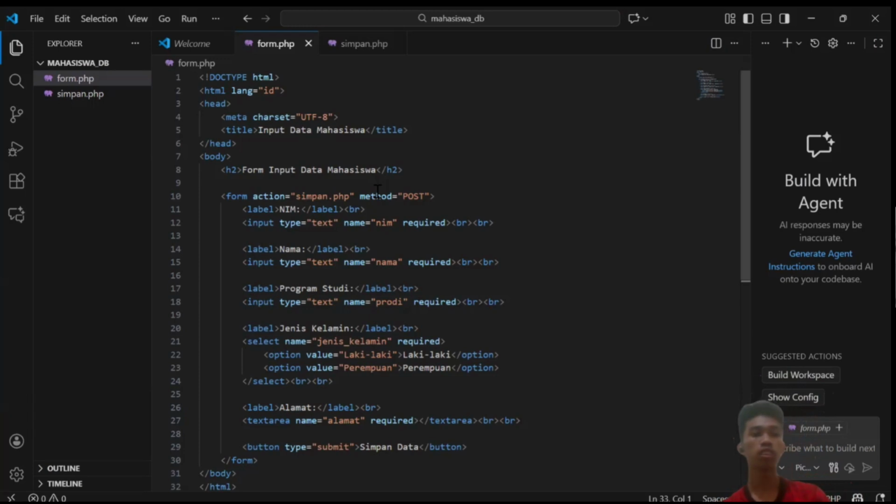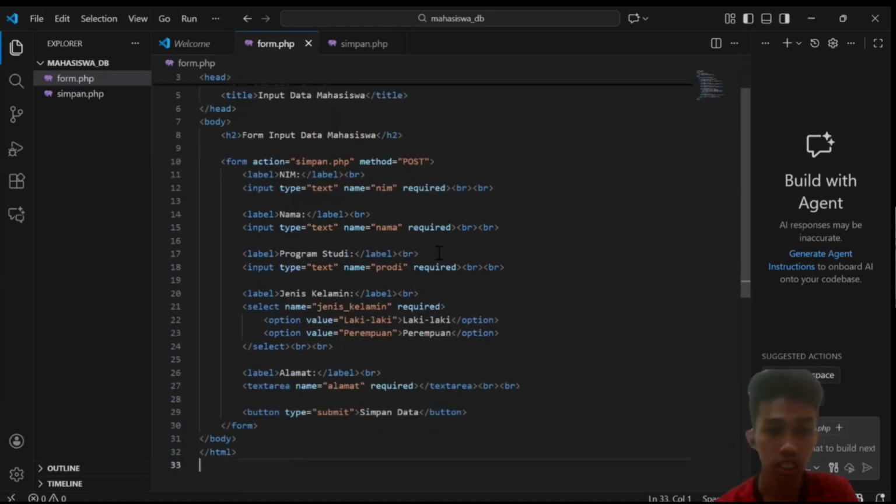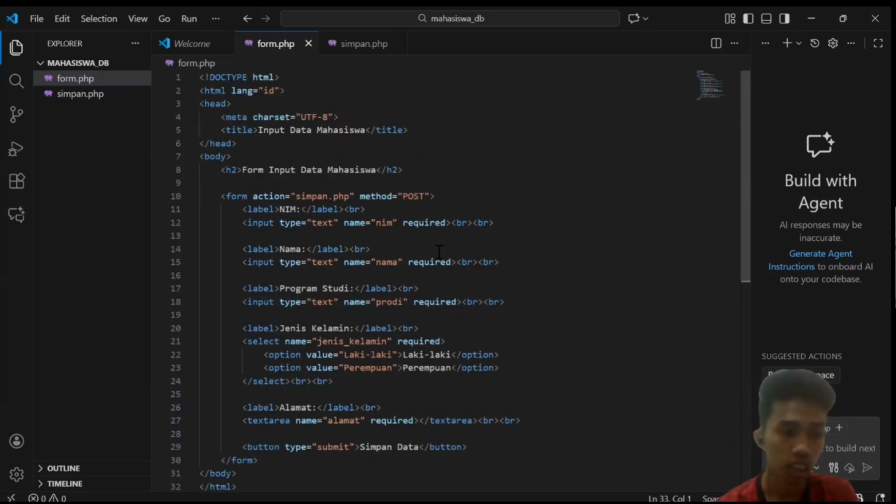All of this input is placed inside a form tag that uses the method attribute and the action attribute simpan.php to determine that the data will be sent to the simpan PHP file when the submit button is pressed.